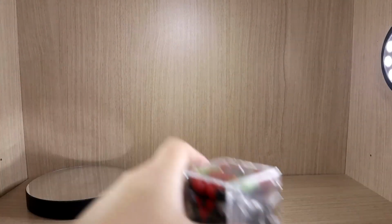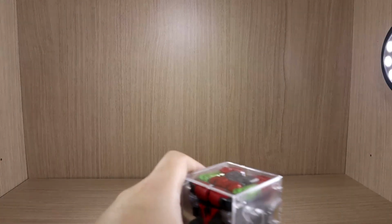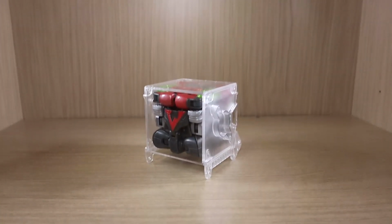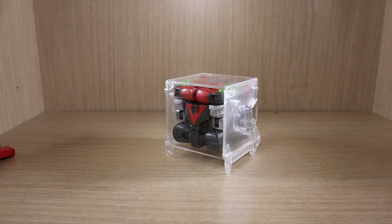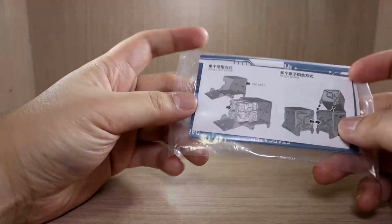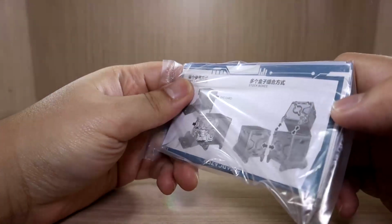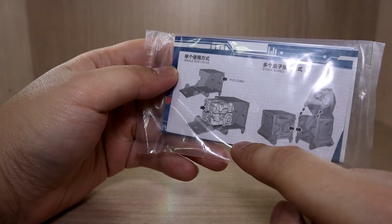Now, let's get on to the cube itself. Let me just get rid of the rotating stand and see what we got. So when you open the box, one thing you should notice is that they always come with the basics. So number one, I didn't even open it this time because I've mentioned it a lot of times. You get a catalog, and then you get a PVC card. I believe it should be behind this paper, but basically this is the instruction manual for the PVC card and